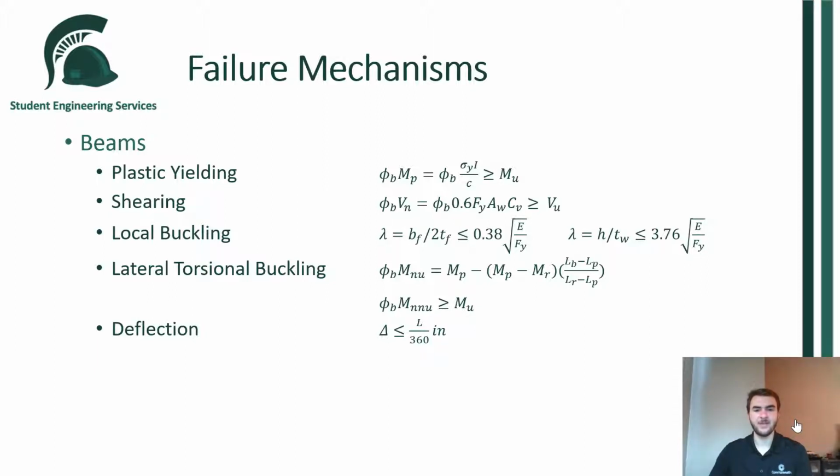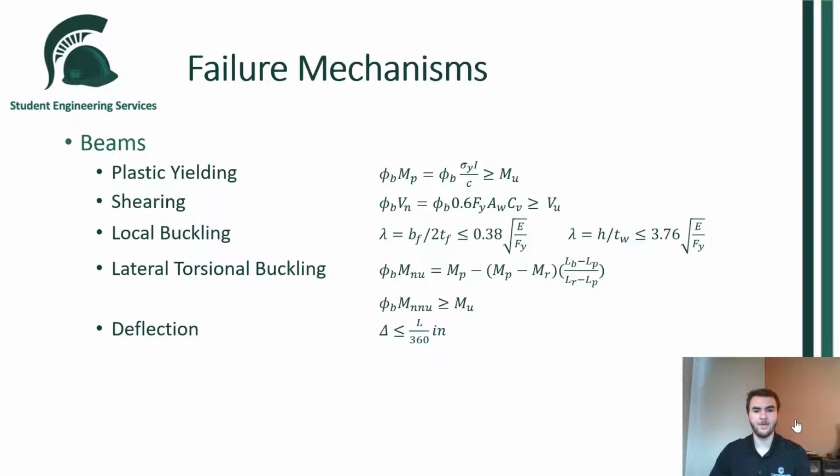And based on the classification of the member, be it a column, beam, truss, or bracing member, it's going to fail through different mechanisms. So for beams, they can fail through plastic yielding, which is when it bends and a plastic hinge forms and it eventually collapses, through shearing through a high enough force through the member, local buckling, which is when part of the flange or web will bend or crack in a localized region,